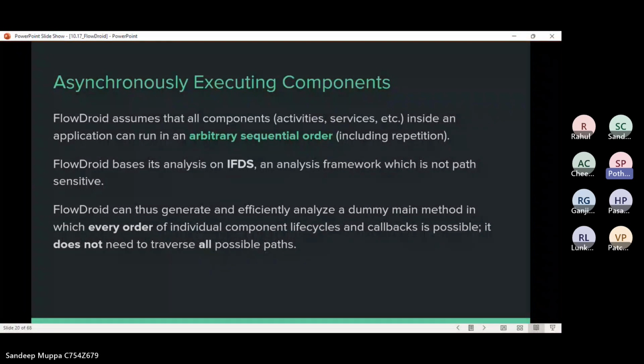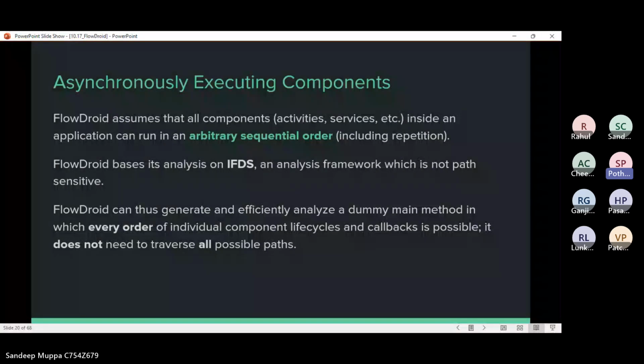Activities may be executed in a sequential order, but it couldn't be predefined or determined whether they are executing in that order. Services run in the background. So activities may launch other activities based on user interactions, while services run as parallel background tasks. Here FlowDroid models this execution by assuming that all components can run in any order.